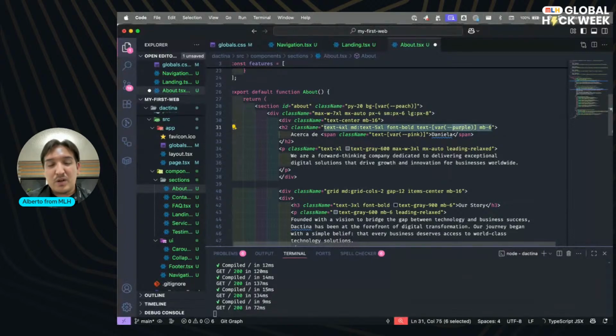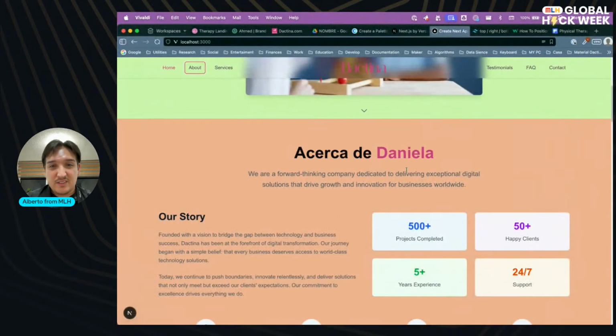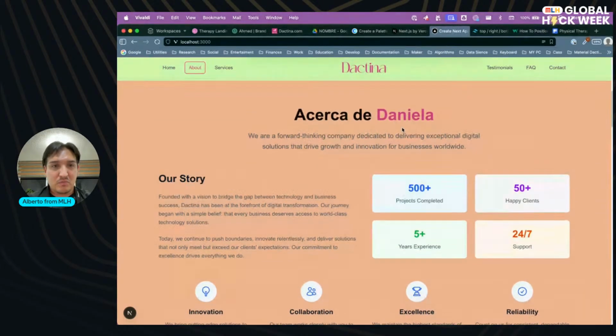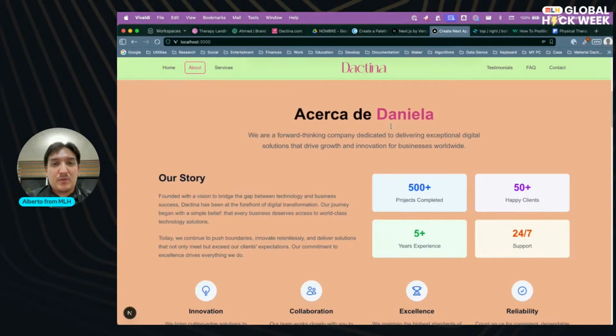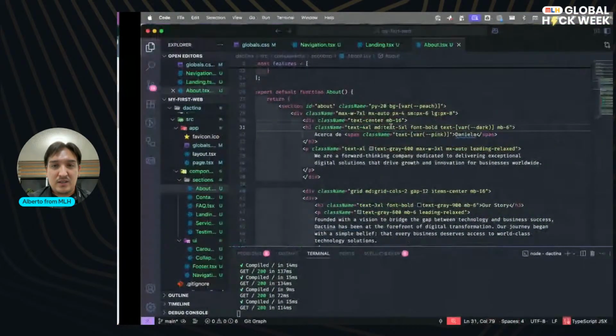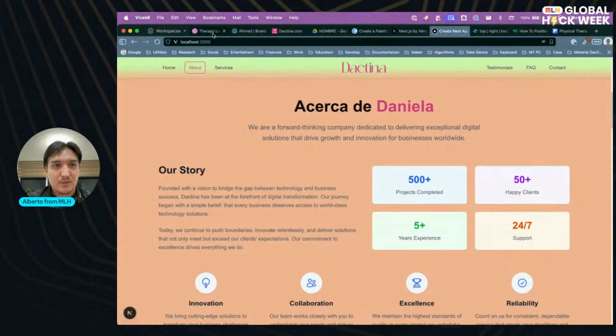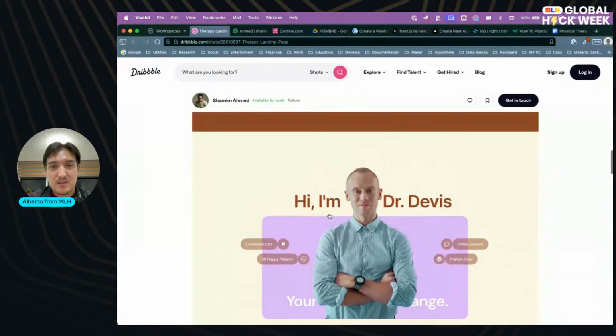Not purple, but dark. Okay, I like it as this is. Beautiful. And what this should be, let's again return to our inspiration.